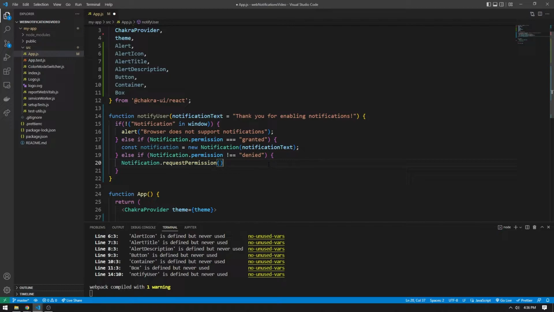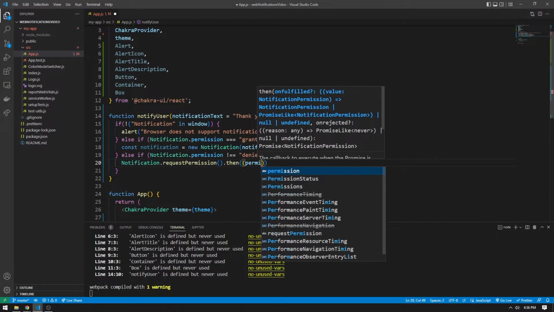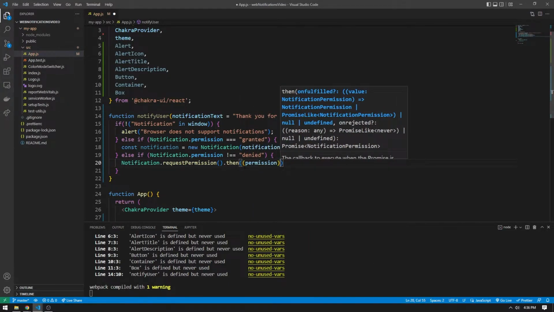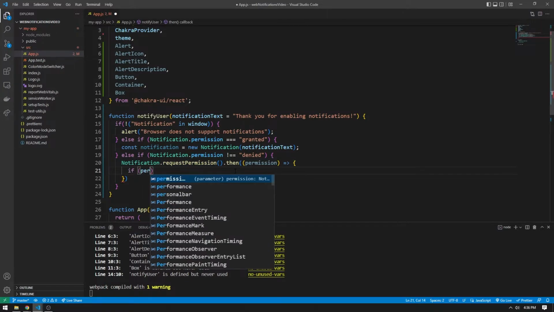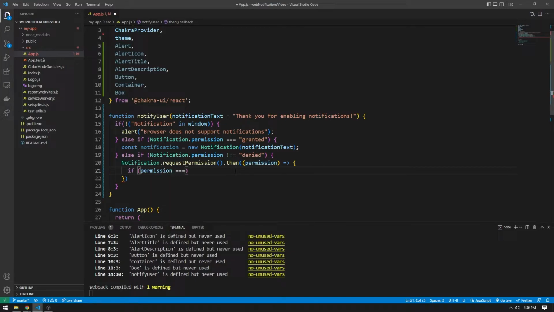An easy way to think about promises for this situation is that we can create logic for when this request permission is done. So we can say when the user has either denied or accepted notifications, we can then take this permission from that denial or acceptance, if that makes sense, and show it here. This permission here is passed to us by the callback function of requestPermission here. And so it's actually a text object where we can say if the permission that the user said is now granted, now we can pass in a notification, and we can even use the same line of code at line